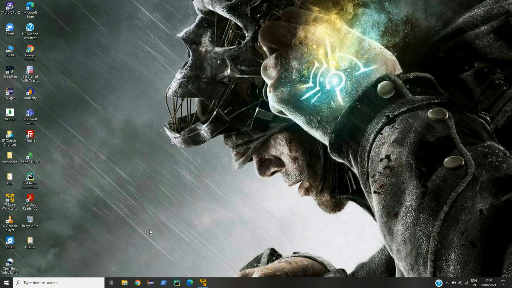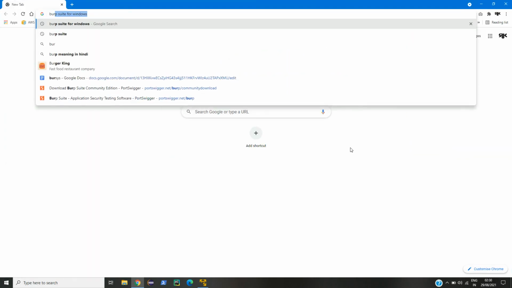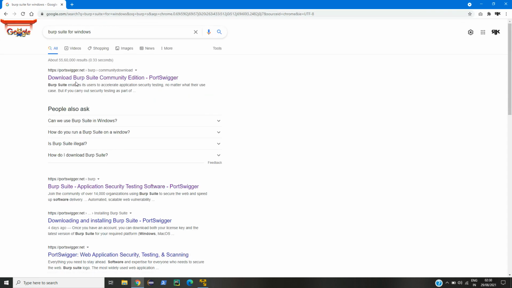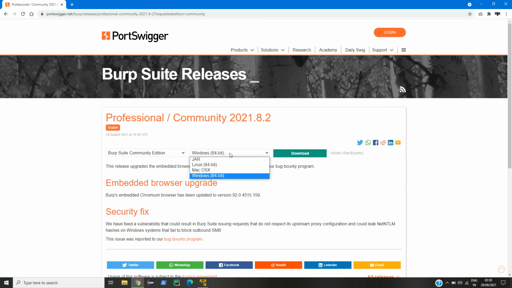All we need to do is just go to the browser and type in Burp Suite for Windows, and in the first link we can find download Burp Suite. Here just click on download, and then from here you can choose the operating system distribution which you have, like 64-bit or Linux or Mac.